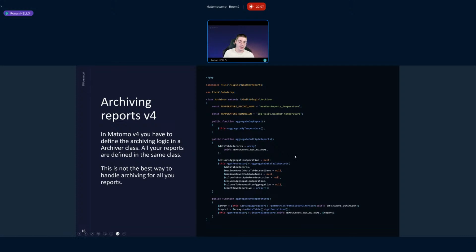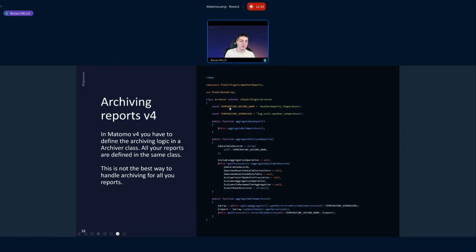So for this plugin, I started by coding the v5 method, because my local environment was on Matomo v5, but when I tested it on my own demo copy of the production Matomo instance, it was not working. So we have to roll back and then create the v4 archiving report system. To create the archiving report system, we just have to extend the archiver class, which is built in Matomo.